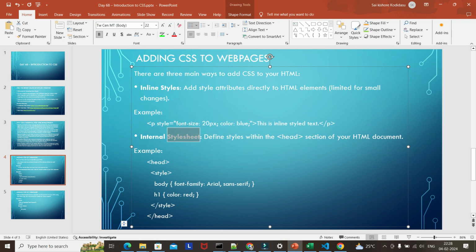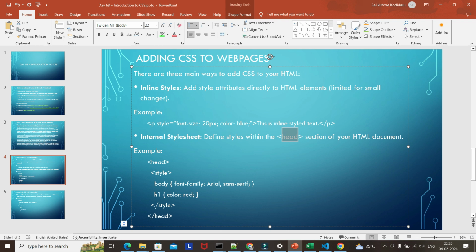This is also not used much, but it is good to know. Generally, if you want to change the color of any text across the web page, then we define the style inside the head tag. So we already know, whenever we write an HTML page,